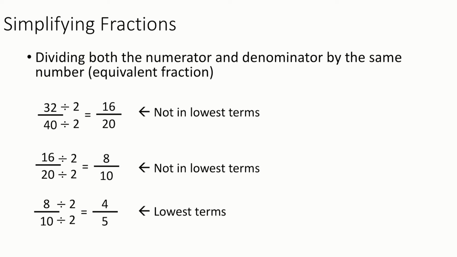So in retrospect, you could actually go back and figure out what the greatest common factor is between 32 and 40, the original numbers. In that case, all the things we divided by, we just need to multiply together. So 2 times 2 times 2 would give us 8. So if you were to go back, 32 divided by 8 gives you 4, and 40 divided by 8 gives you 5. Right away, that jumps you from the original to the lowest terms fraction.